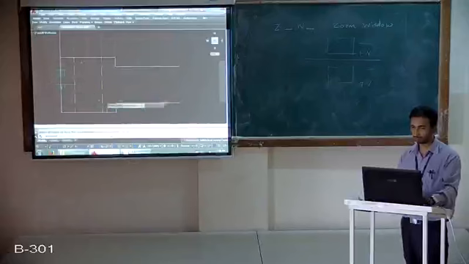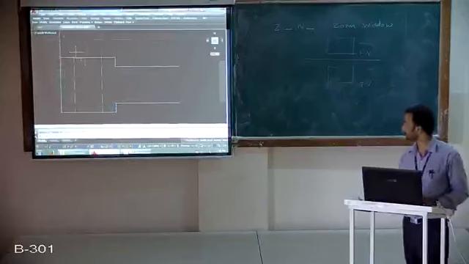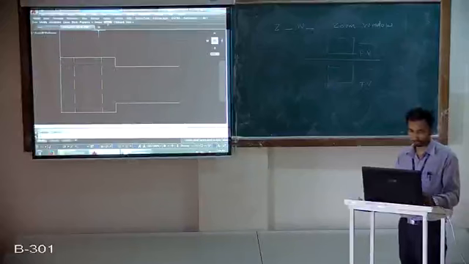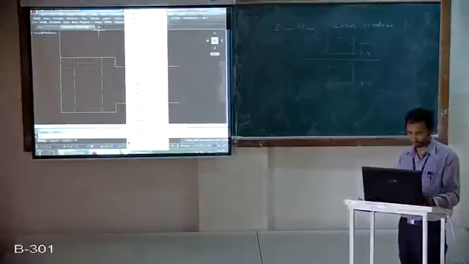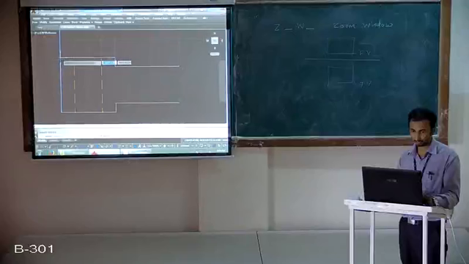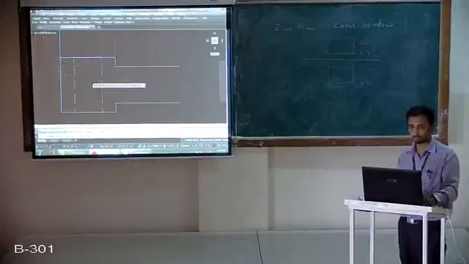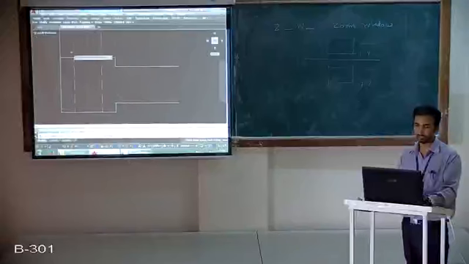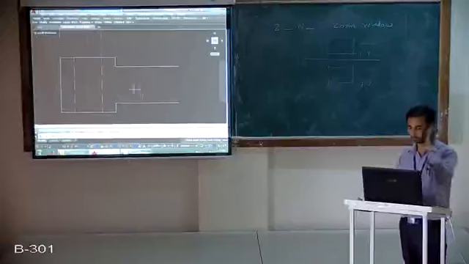Understood? Now the only thing remaining in this is this end line and then these three lines. So we'll take a line command, join this point to this. Now if you see the drawing, this particular step which is inside this object is of 10 mm, right? So take a line command, click at this point, go in the downward direction, enter 10 space, then move in the right hand direction.